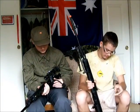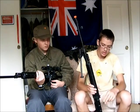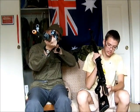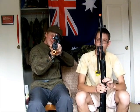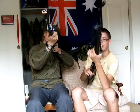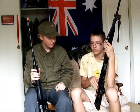Yeah, and the only good thing about this is the reliability, the fact that the handguards aren't falling apart and feel cheap. The price. Yeah, the price. The fact that the sights aren't screwed, and it actually comes with a leather cheek rest. So I believe that's a very good thing about this rifle. So if you're looking for a very affordable rifle that holds all the airsoft sniping values that we all have come to love and cherish,